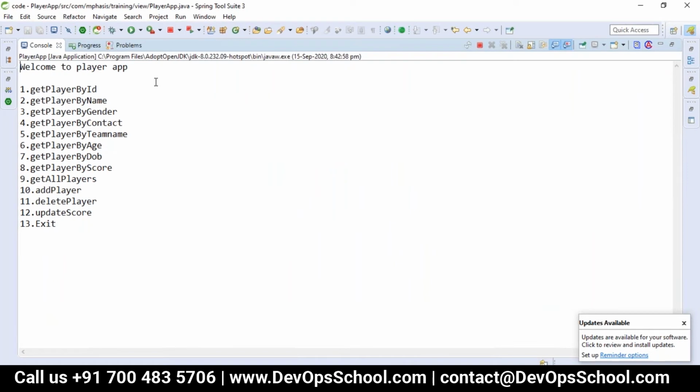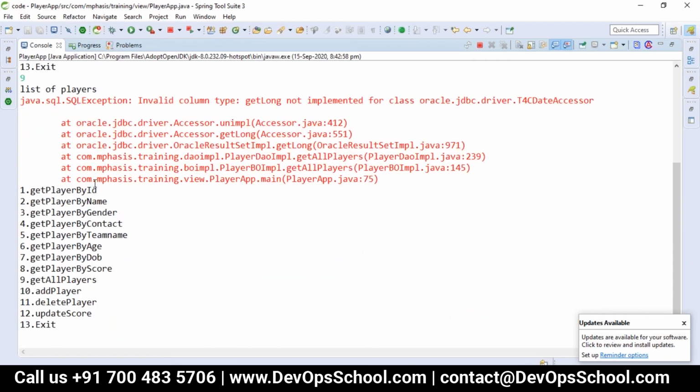As it is standalone, when I run it, it will give all the details. Like I just entered 9, and it gives a list of players. Not implemented, in case something happened.